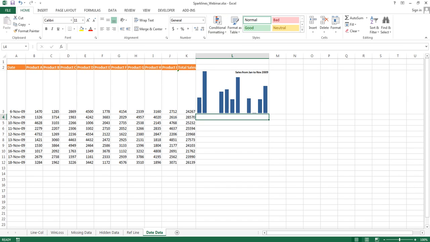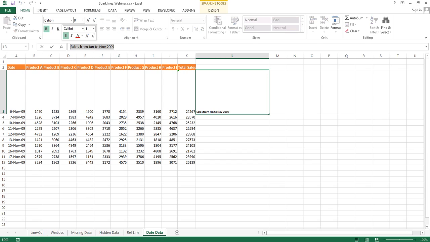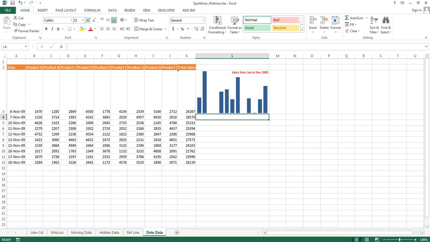As soon as I click OK, see, whatever text I'm writing, it is coming on the top. This particular text you can always select. Let's say I want to change it to a red color. I can select and I can change the color. I can increase or decrease the font size. So all the manipulation of the text formatting you can do. So we can have text along with our charts, and this makes our work a little easier, a little faster, a little better versus creating a chart for individual data.